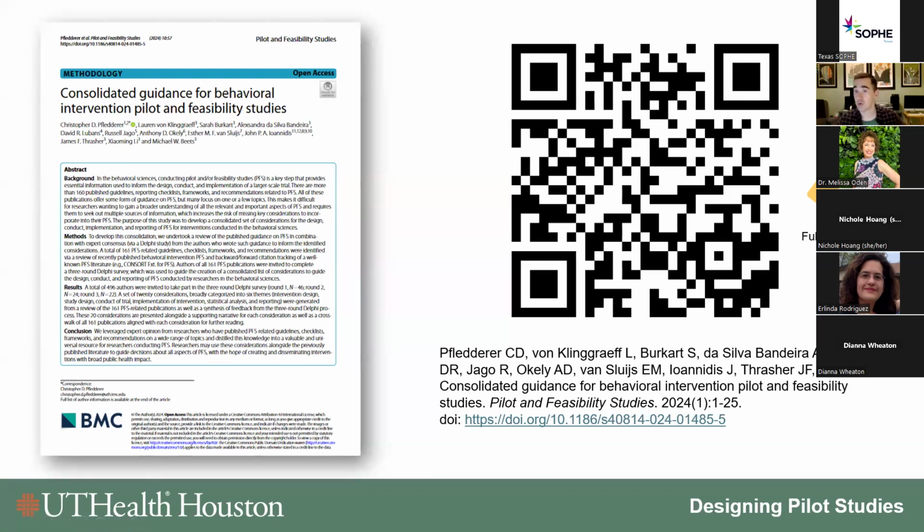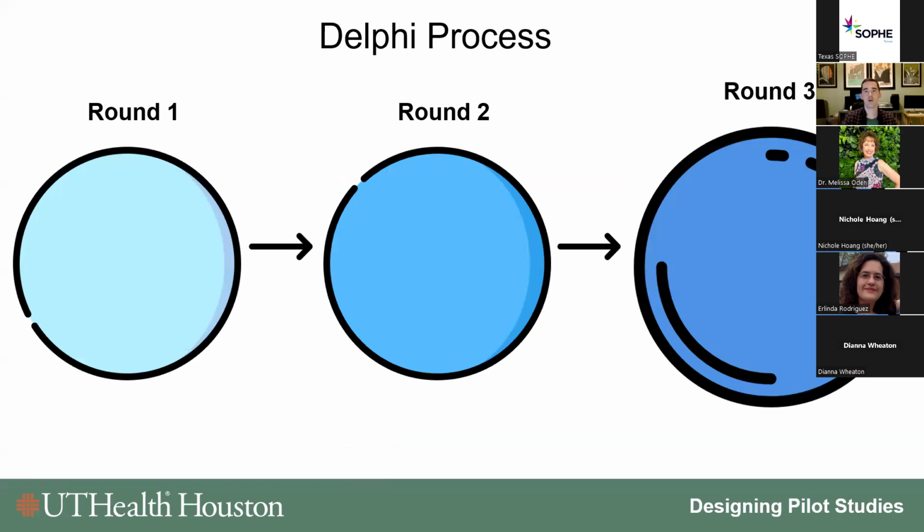But that was the whole goal of this consolidated guidance: to take those 162 publications, put them together into one resource, and really have something that would be useful in the field. So the way we did this is we started with our 162 publications, and we looked at everything that they were saying. And then we invited the authors of all 162 publications to take part in